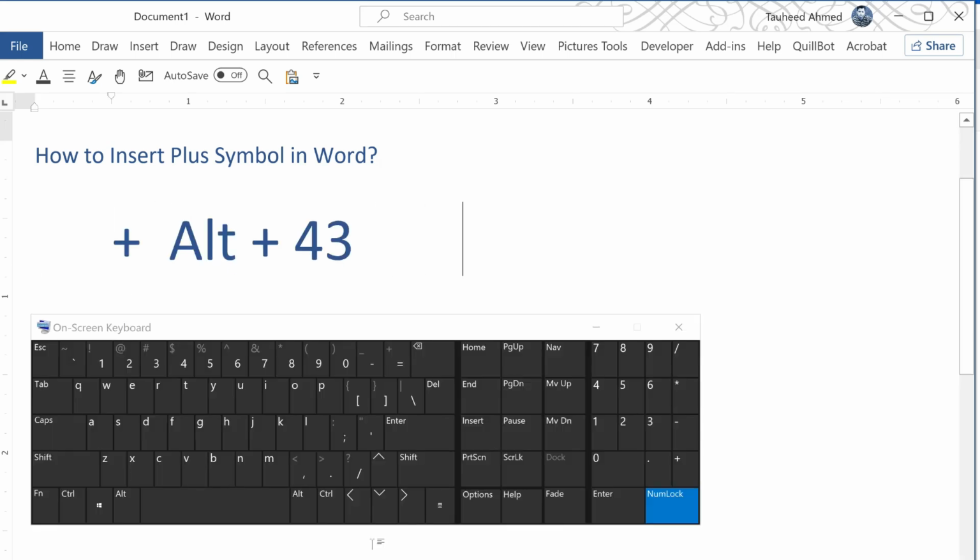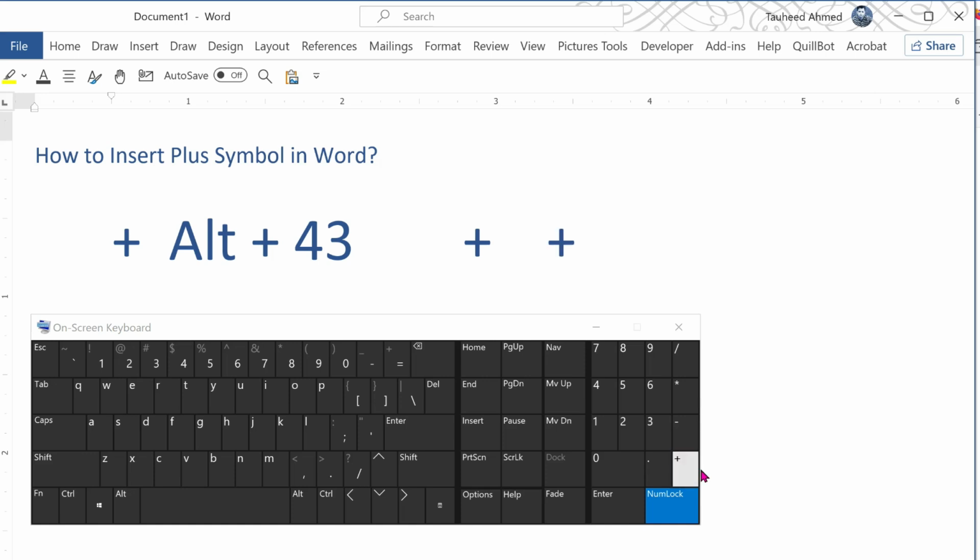So for a standard plus sign, you need to use your keyboard. For this, you need to press the shift key. This is the shift key. And along with it, you need to click on that key, which is the equal key. Click on that, and here it is. Moreover, if you have a full keyboard, just hit the plus symbol on the far right corner of the